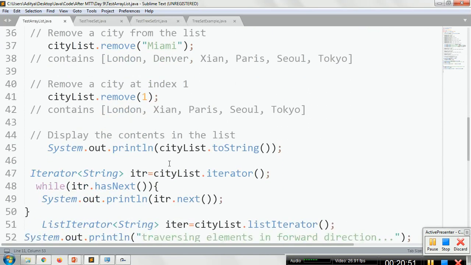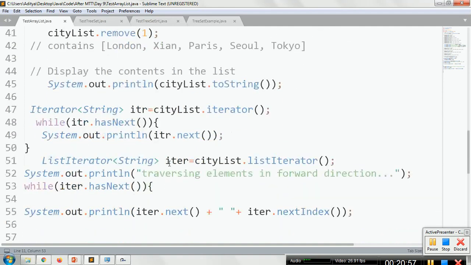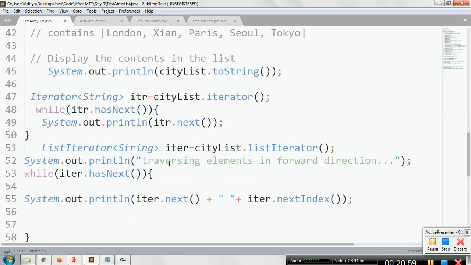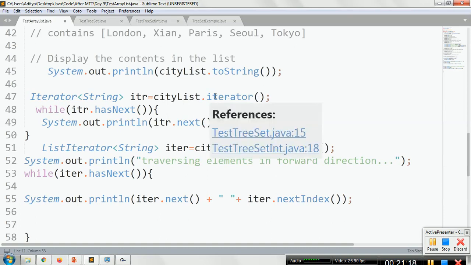Come to the cityList.toString, it displays the contents of the list. Now come to the iterator that we are talking about. See, again my array list is generic to String, so I am creating an iterator that is generic to String itself, and I am creating an iterator object itr. I will call the iterator method